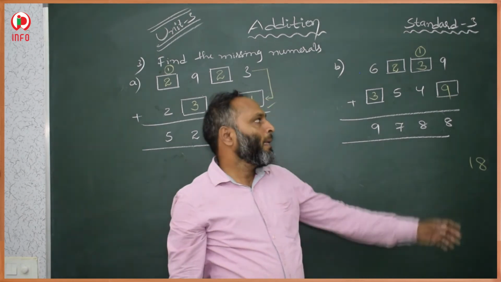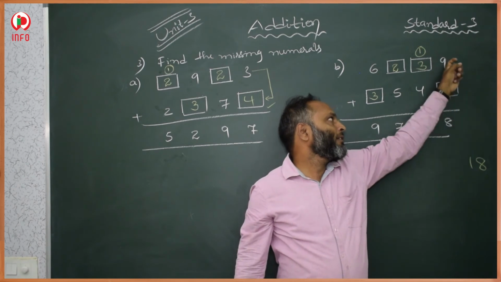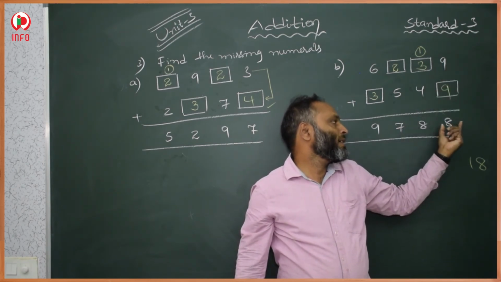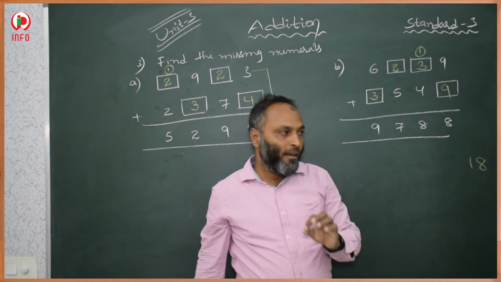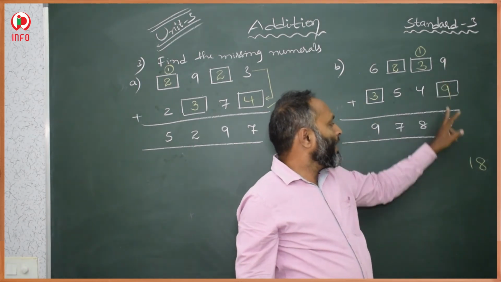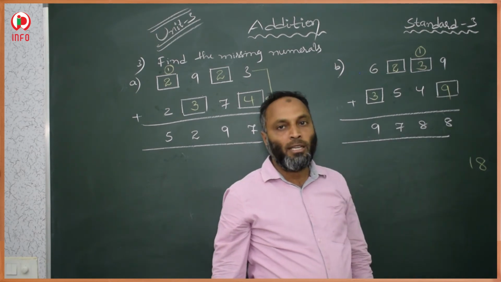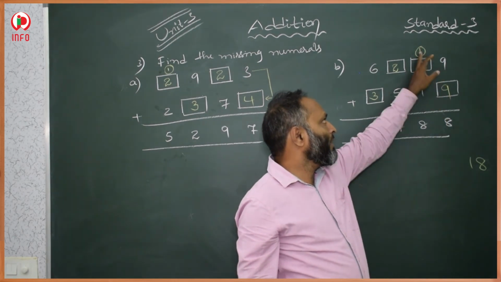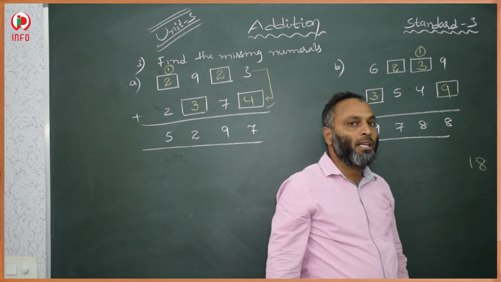Once again, listen, here 9. 9 is there and 8 is there. If you compare this 9 and 18, this is the sum. Sum should always be greater than this added, but here lesser than. We think that this is not 9, this is not 8, this is 18. For getting 18, what should add to this 9 to get 18? 9 plus 9 is 18. Here 9. 18 means 8 is here and 1 is very next to the place value, that one tens place.